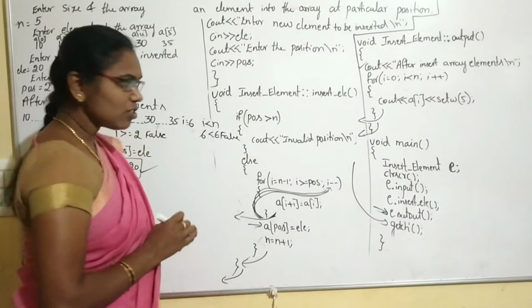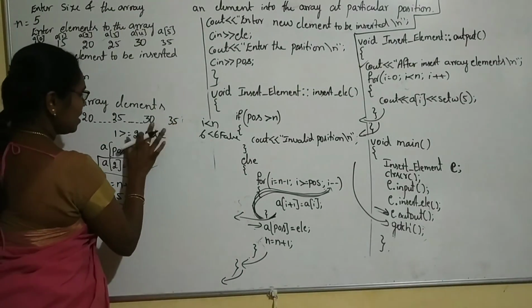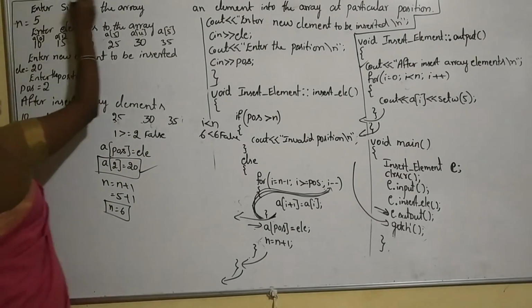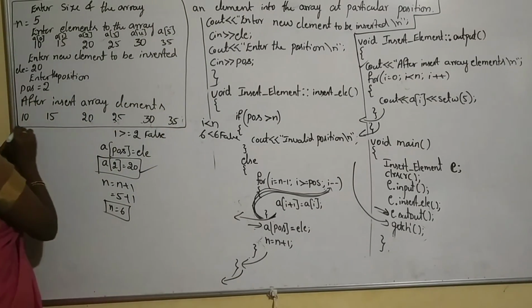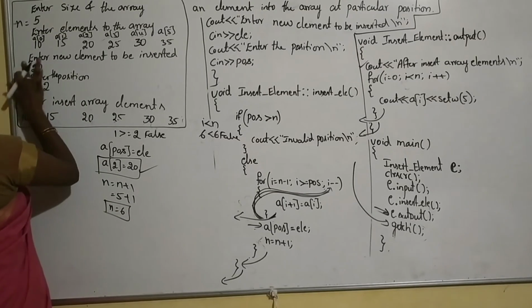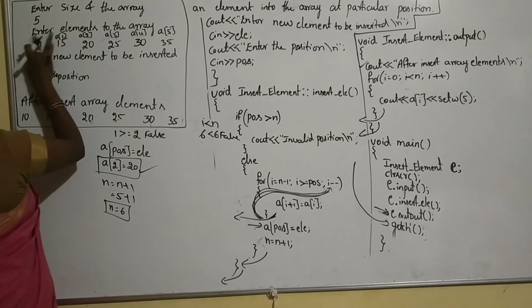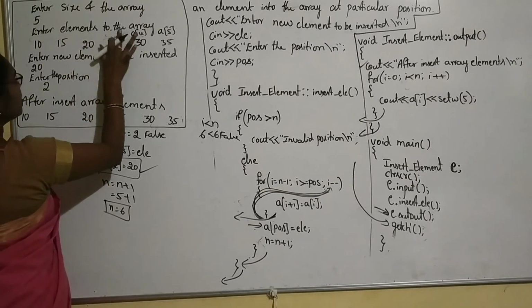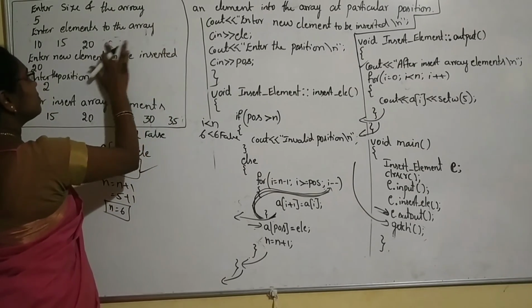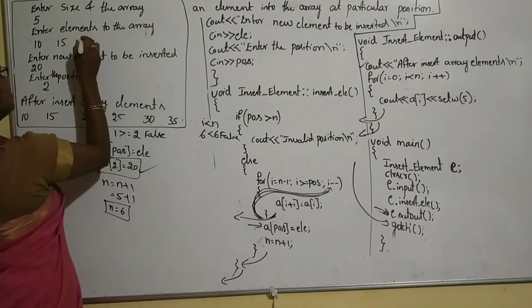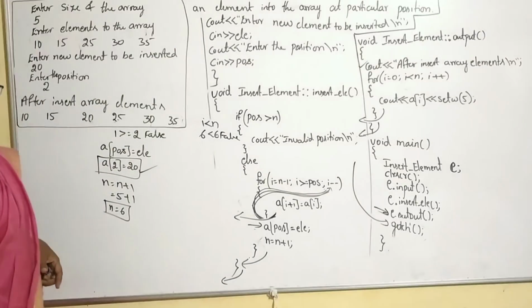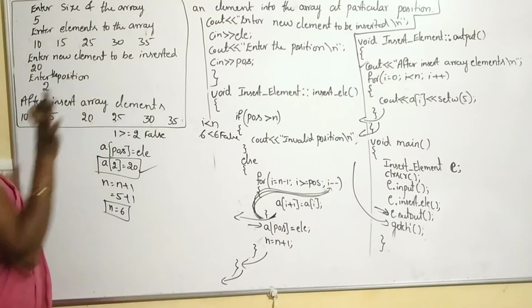So the getch function displays the output on the monitor screen. So here our program output is